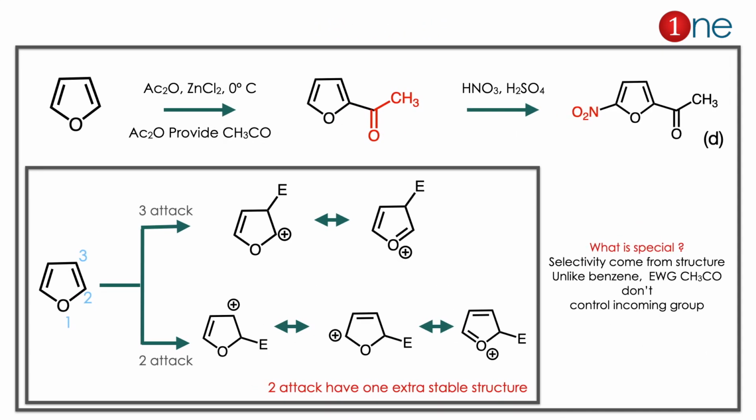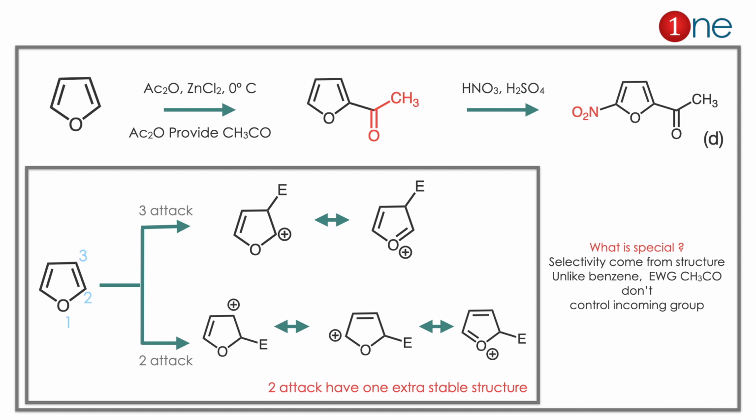The starting material is furan, and you have acetic anhydride. Acetic anhydride provides the acetyl group, so it attacks directly on the ring. But where will it attack, 2 or 3? Here the attack can happen at the second or third position, but the attack is favored at the second position due to its more resonance structures. If the attack happens at the second position, resonance structures are possible because it goes around the ring. If it happened at the third, it is restricted to 2 resonance structures. So attack at the second position is always favorable. First step, the acyl attacks the second position.